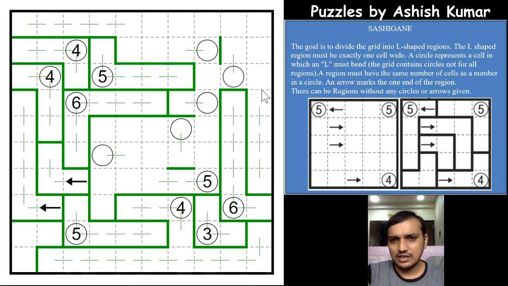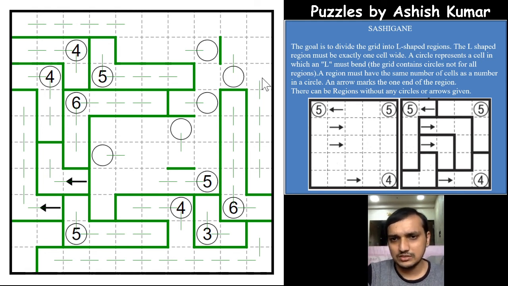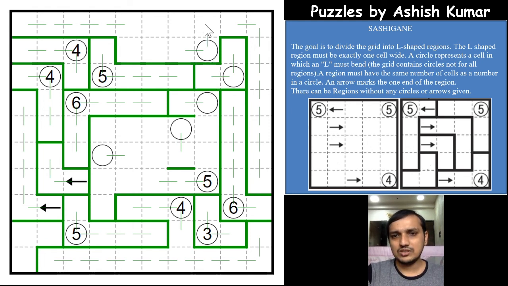If we extend this cell again, it cannot form towards the circle because it forms a Z shape or something else. It has to extend and go towards the left. We are not sure of more extension or just stop here. Let us continue the other way. This has to go to form an L, which makes this circle form an L, and now we have stopped it here, right? Now this cell has to extend to form an L, and if we connect this cell to the other parts of this cell to form a region, you cannot form an L here now. It means both of these cells won't be connected and will form an L separately.